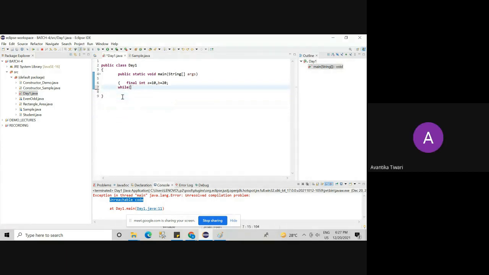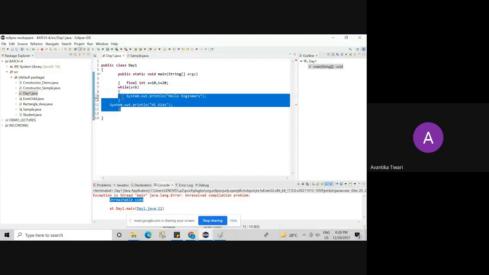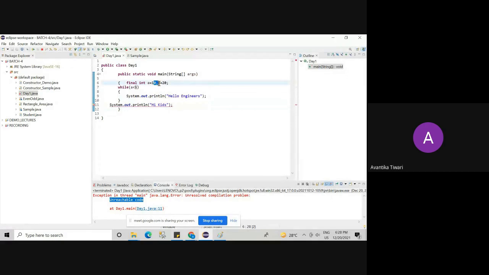Ma'am, what if both A and B are constants? Is it valid? If you wait one second. If you give both A and B as constants, then A is 10, constant, B is 20, constant, and this condition is still true, no? 10 is still less than 20. Same error will come, unreachable code. You can avoid passing constants here.